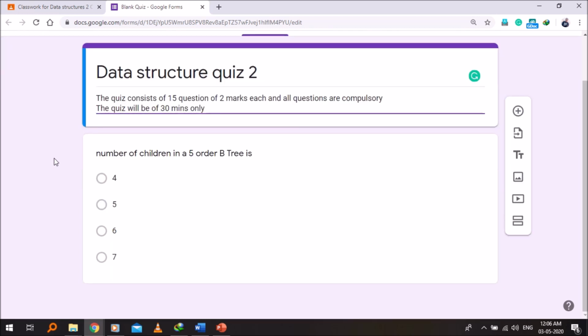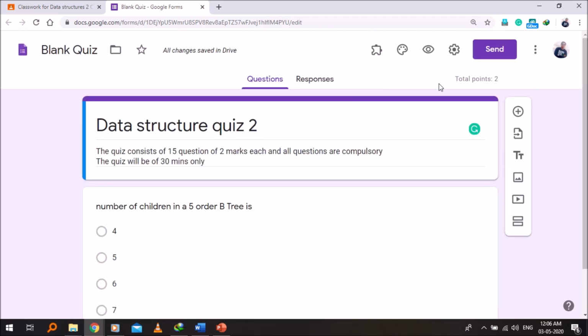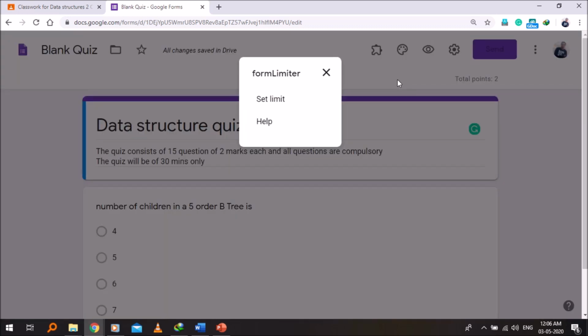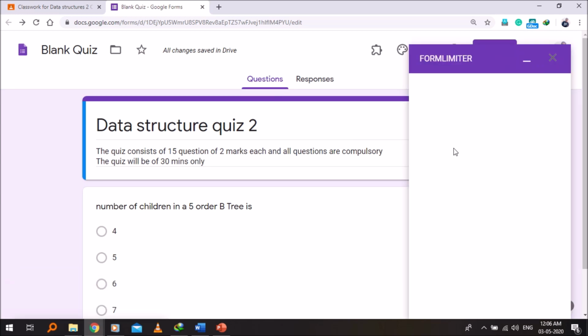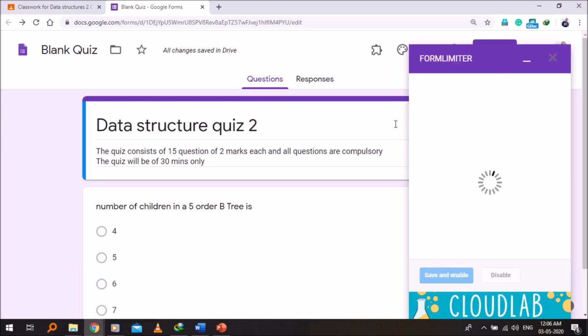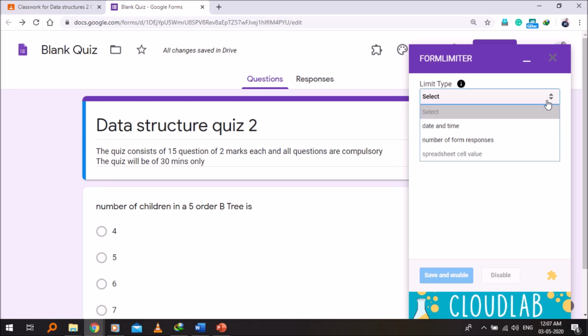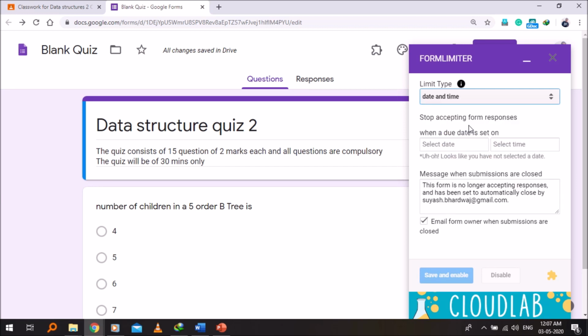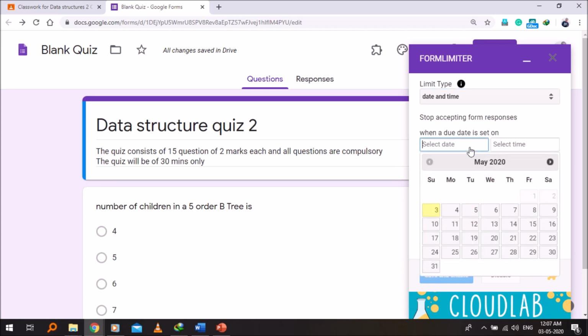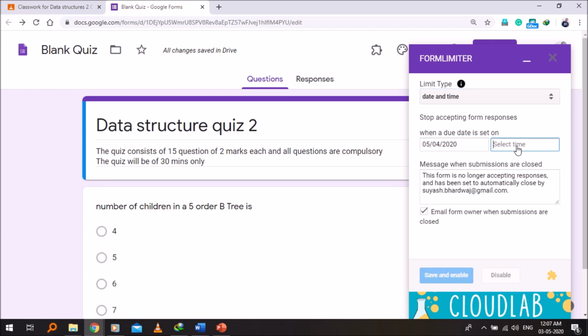and one more thing, you can add this form limiter from add-on to set the time limit of the form. To add this add-on, you have to just search in the add-on field, type form limiter, and you can add this add-on to the Google Forms. Now I can set the date and time of expiry of this form. After that, it will stop receiving responses